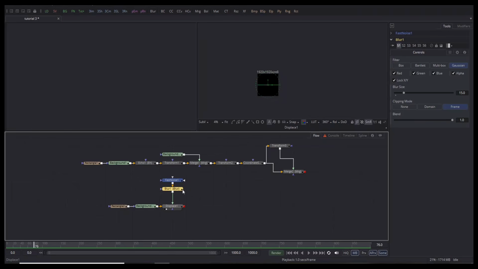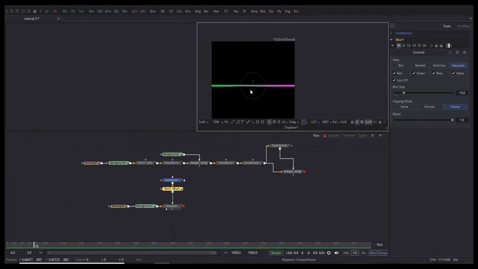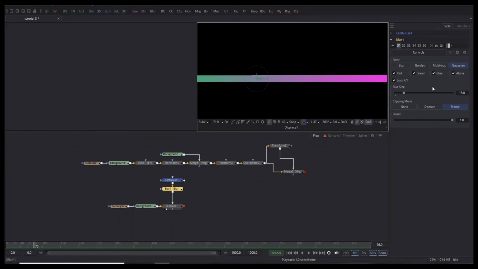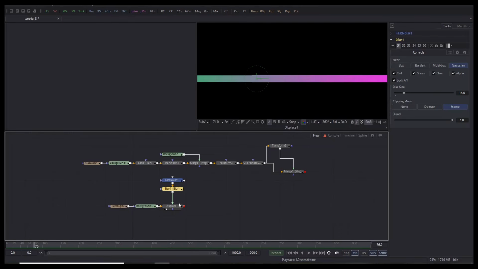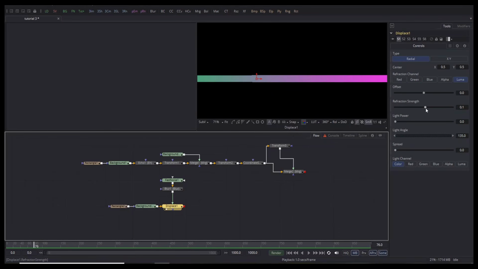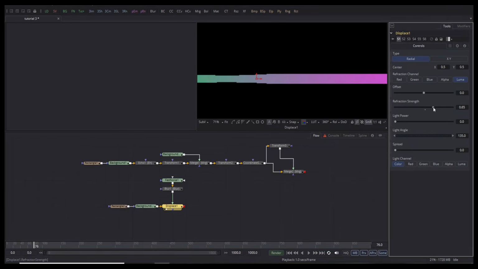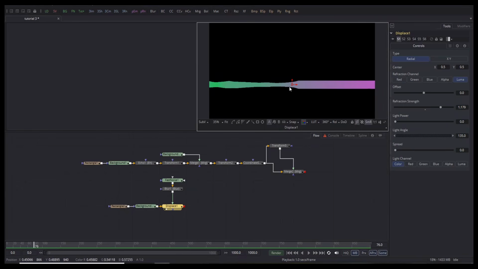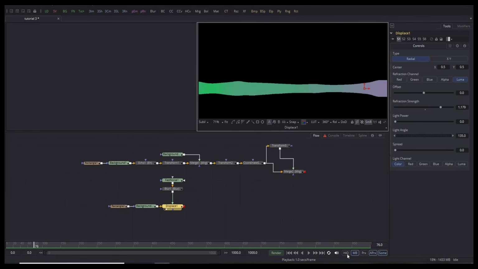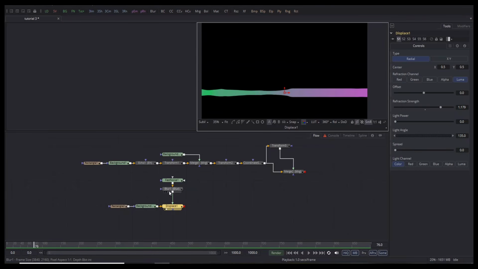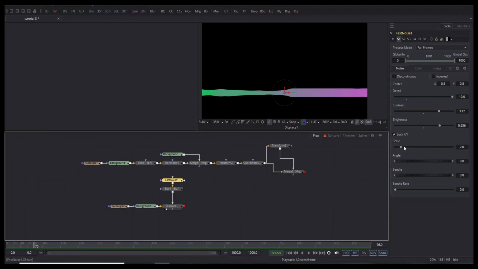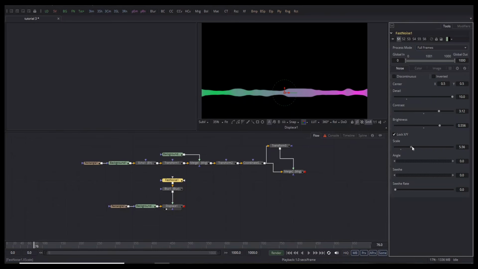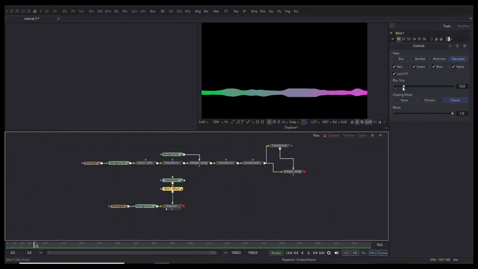Now, if we look in our displays, we see not much really changed. So we need to select the displace, and we need to bring up the refraction strength just a little bit. Probably it's the time to turn on high quality so we can actually see what we're doing. And in the fast noise, we'll probably bring the scale a little up. Ooh, maybe not that far up. And we'll blur this a little bit more,